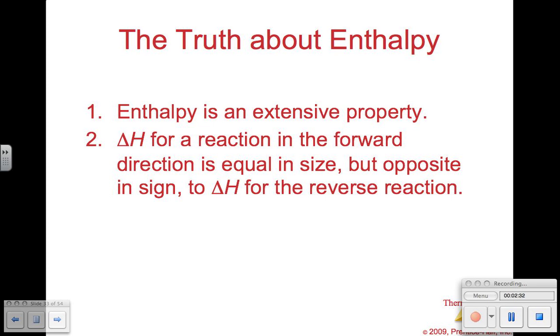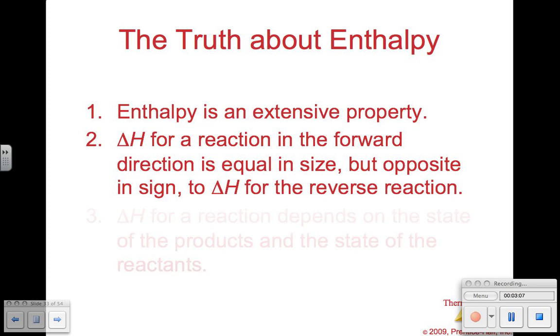And so if you have a reaction, in the case of the production of water, when you have hydrogen gas combining with oxygen gas to produce water, you have a certain enthalpy value, and that's going to be negative because it's very violent. Well, the opposite, so let's say we wanted to take water and split it into hydrogen gas and oxygen gas, which is called electrolysis. Well, that would require the same enthalpy, but in the opposite sign. So you would have to add that much energy to the water to split it into